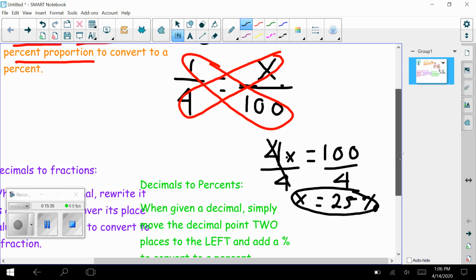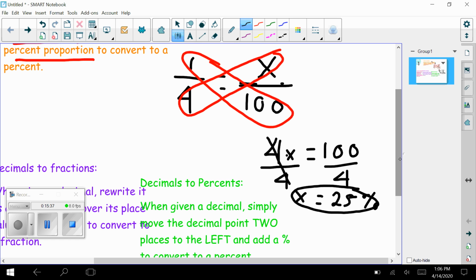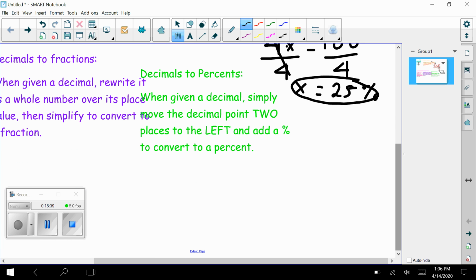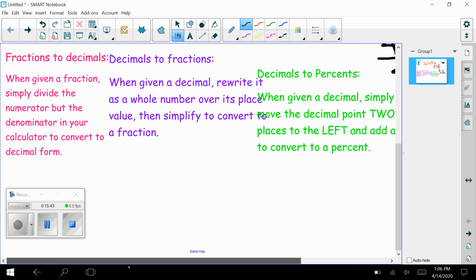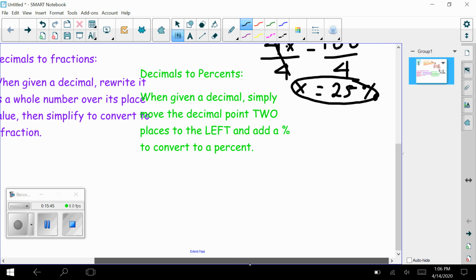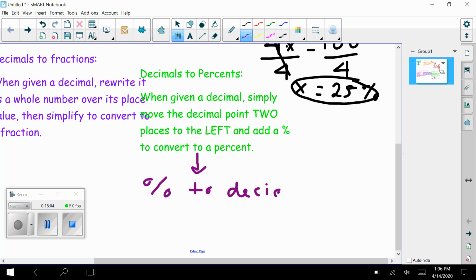Okay. Now, one last thing that I wanted to mention. We did decimals to fractions, decimals to percents, fractions to decimals, and fractions to percents. But what about if we do the opposite of this right here? So let's look at our decimals to percents. If we do percent to decimal,